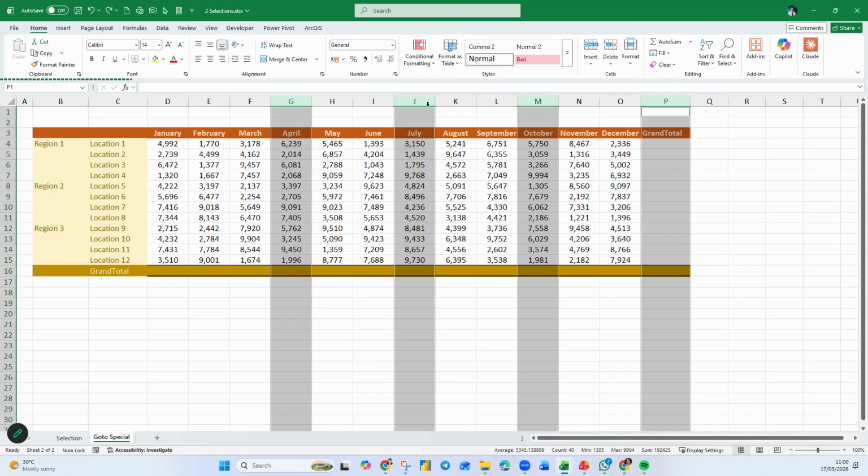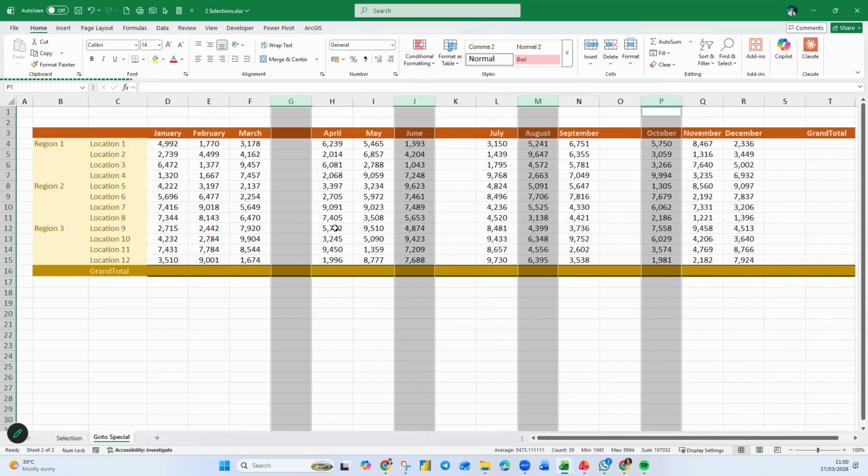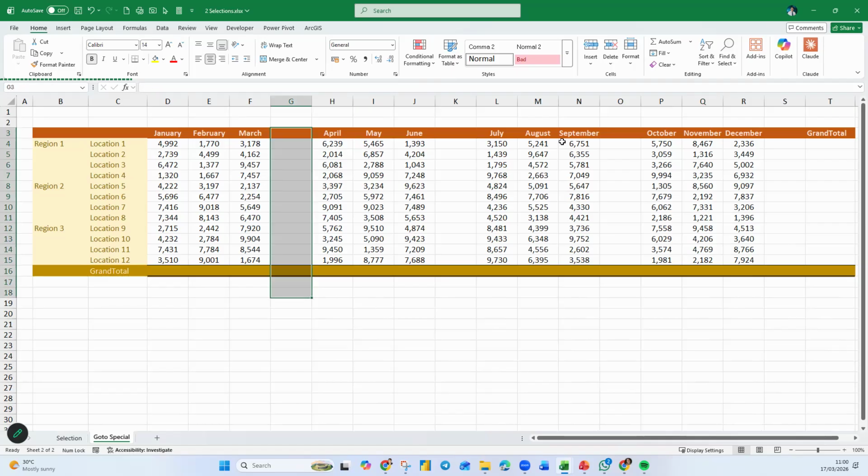So I just right click on any of this header and I tell them I want to insert. So that will insert the 4 empty columns here. The empty column. So you can name them first. QTR1. Then over here you can put there QTR2. Then you can put here as QTR3. And finally, you can put here QTR4. So you have quarter 1, 2, 3, and 4.